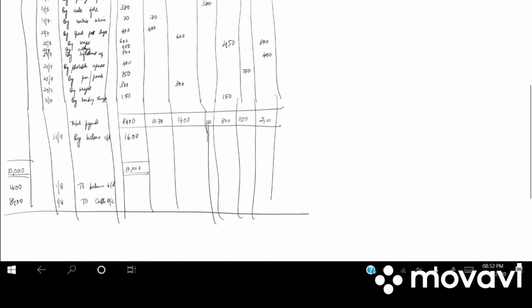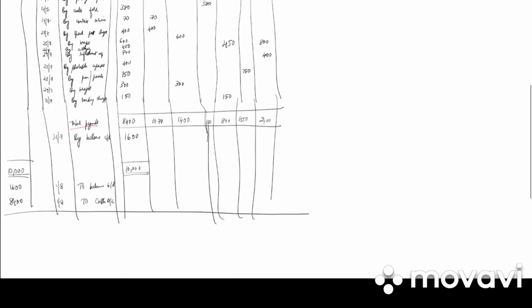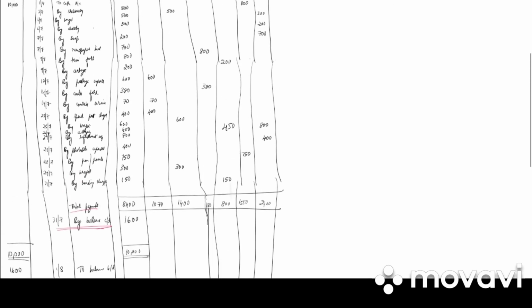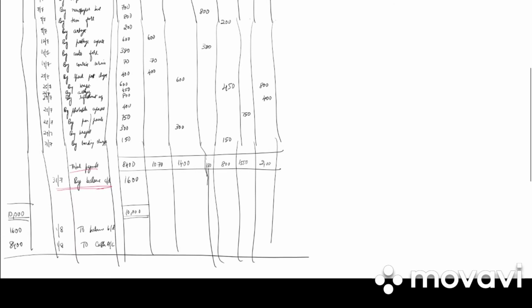So what is the first step? We have amount received. After we have completed the petty cash book, we will be writing total payments. After total payments we will be having balance carried down, that is totaling both the sides. Our debit side will be more, so 10,000 minus 8,400 will get 1,600. That balance will be brought on to the debit side, that is 1,600. And whatever is the balancing figure, that is 10,000 minus 1,600, would be the cash given to the petty cashier at the beginning of the next month. Clear?